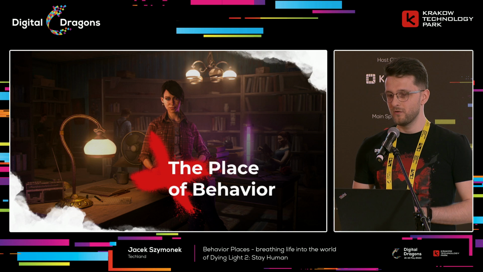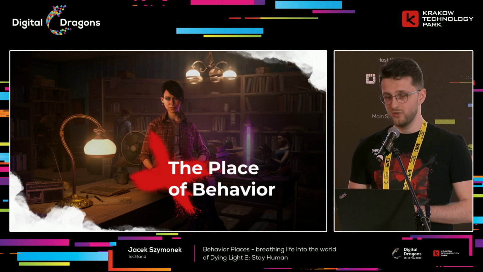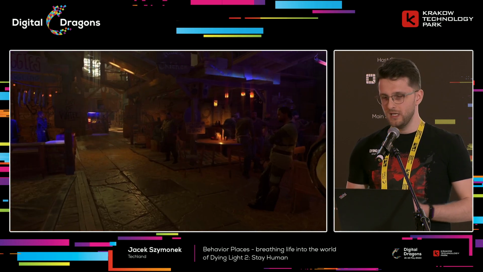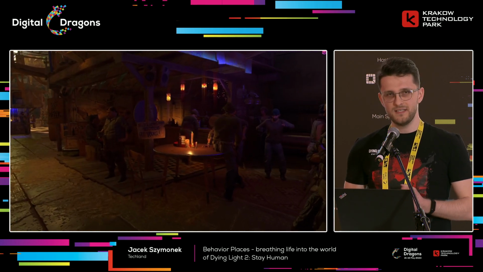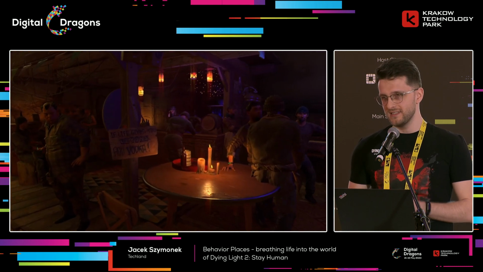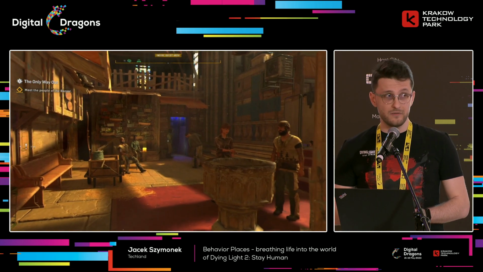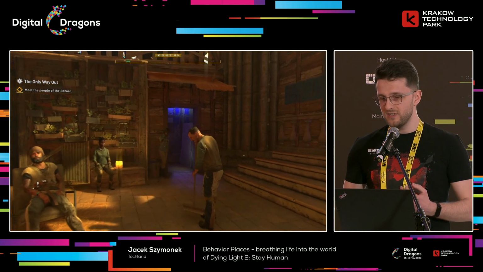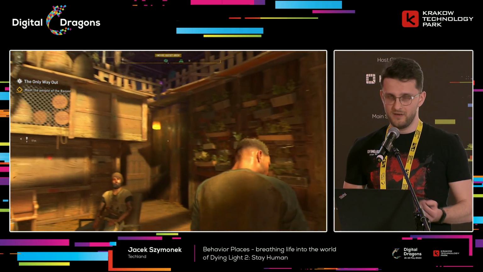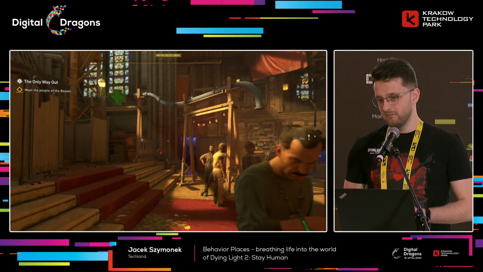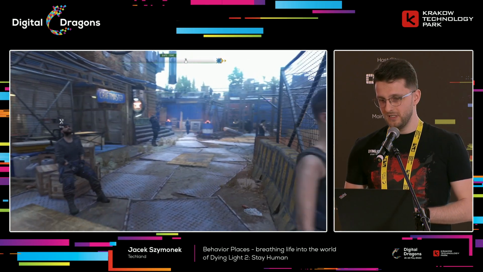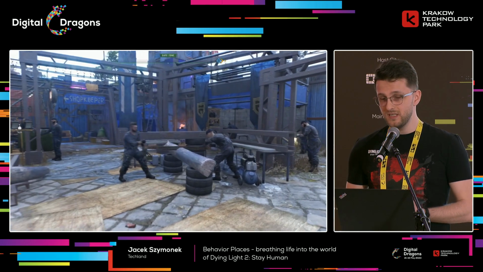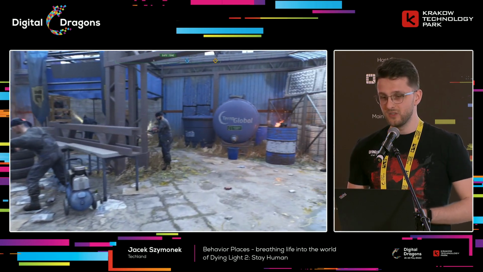So let's start with the requirements that we faced for Dying Light 2 Stay Human. The city of Villedor is dead. Mostly, except for safe zones, the human settlements, where life goes on almost as if the apocalypse had never happened. The survivors are building their homes and executing their day-to-day chores. You can observe them interacting with each other or with the environment using their tools. There is a massive variety of behaviors in here. These characters have their own agendas, they react to daytime changes, they randomly choose to act in different places.